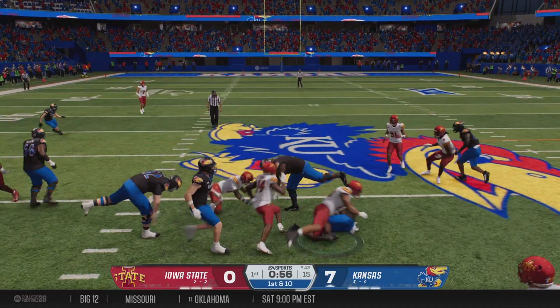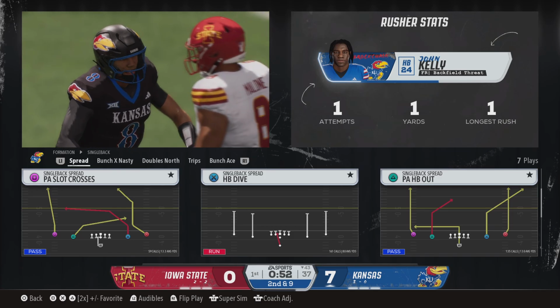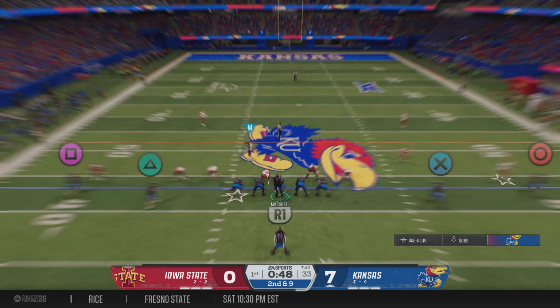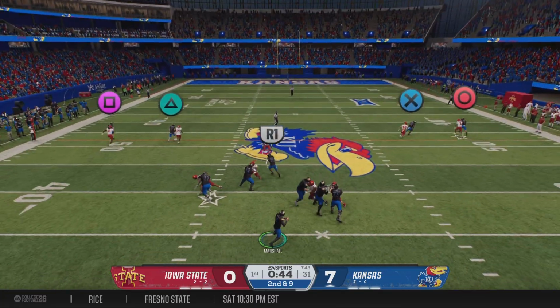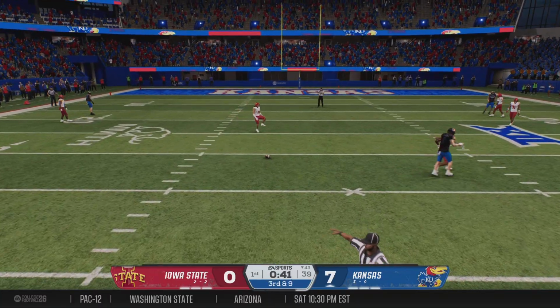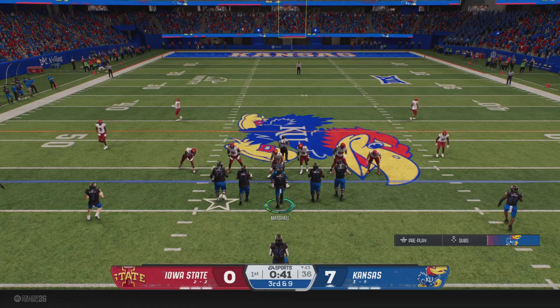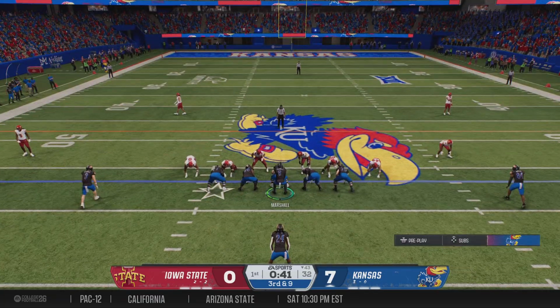Going to the ground. Run game is good. Balance is good. Now listen, if the run game isn't good, then you got to pass the football a little bit more. But sometimes you got to keep them honest, take them chunk by chunk. Off play action. Throws to the wideout. How about that play to get a hand in there and force the incompletion? Let's see what they find in the playbook for 3rd and long from the 43.